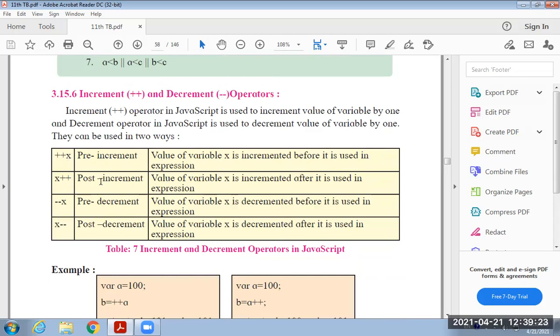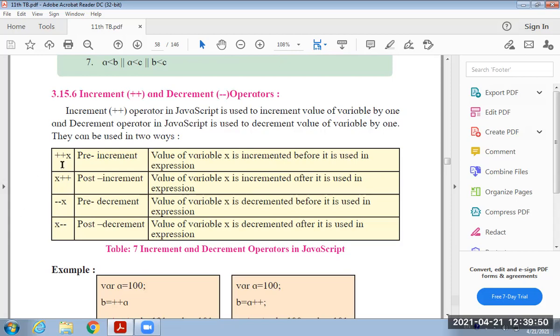In post-increment, we are incrementing the value after its execution. Pre-decrement decrements the value and then executes it. In post-decrement, execution is performed and then the variable's value is decremented by 1.